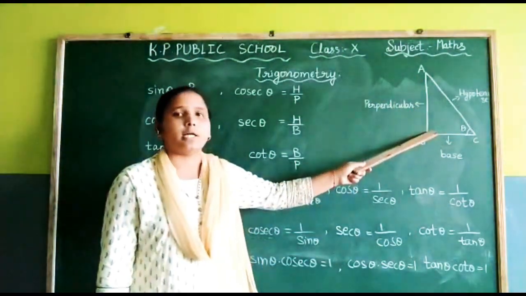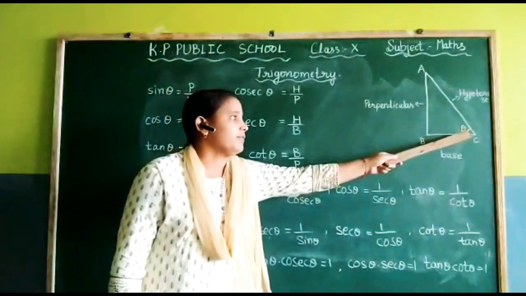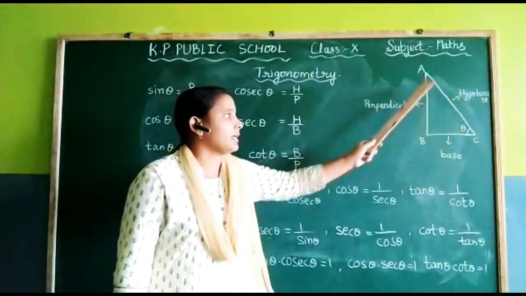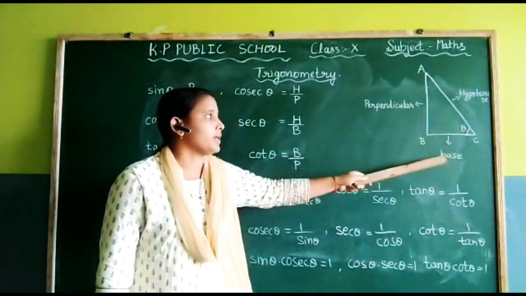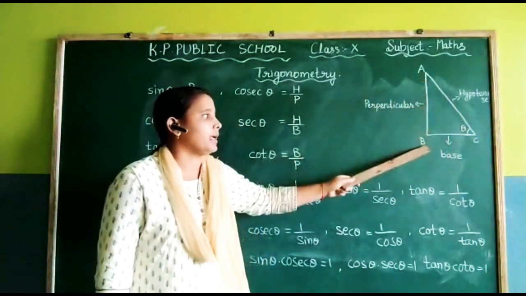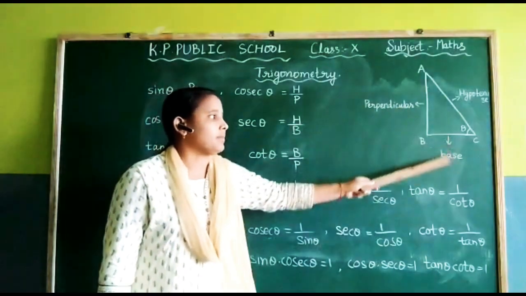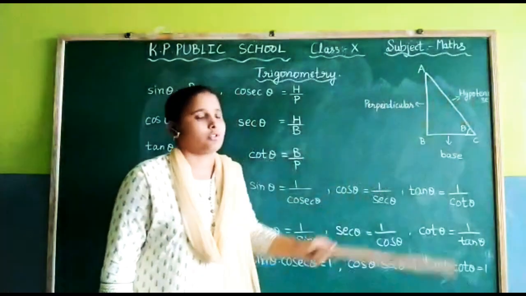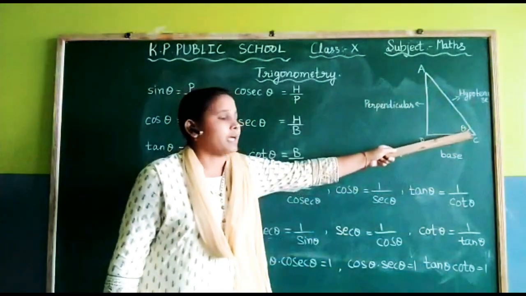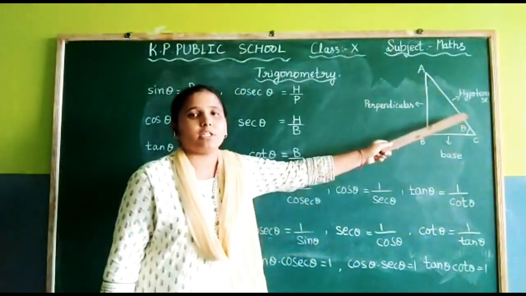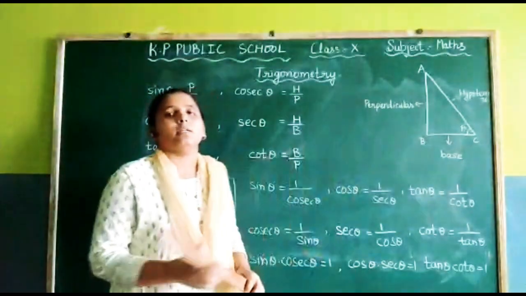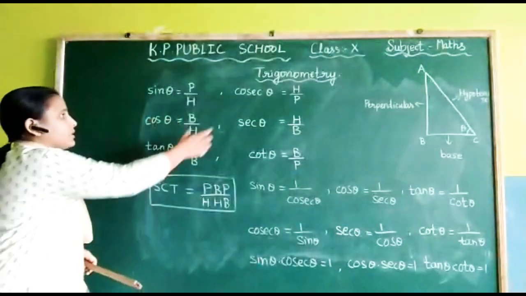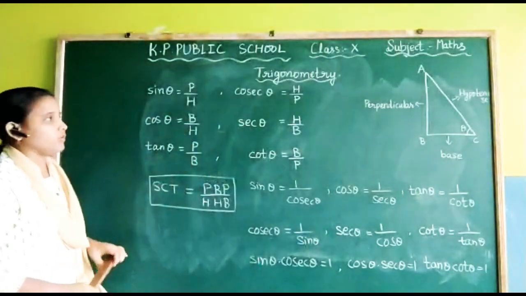So students, I know you know it very well that this is a right angle triangle, okay? Here the angle is 90 degree, and if we take this angle as theta, so in this right angle triangle, students, you know this is the base, this is perpendicular, this line AB is perpendicular, this line BC is base, and this AC, that is called hypotenuse. So let us assume this angle as theta. So when we take one of the acute angle in right angle triangle as theta, so these 6 trigonometric ratios formula we get.